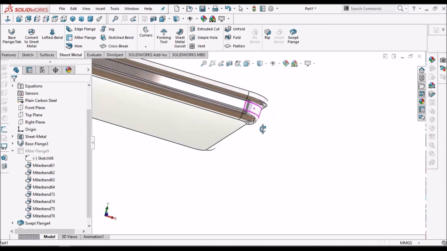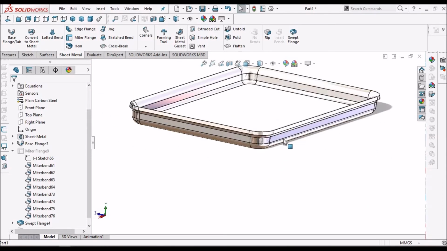There is a continuity. So this is done with a forming operation.